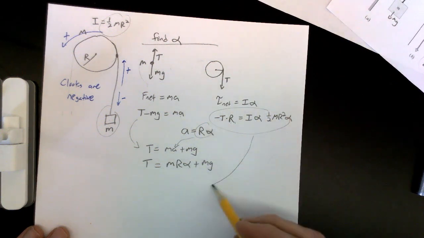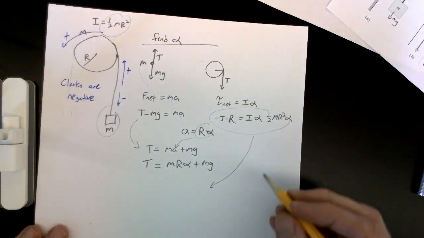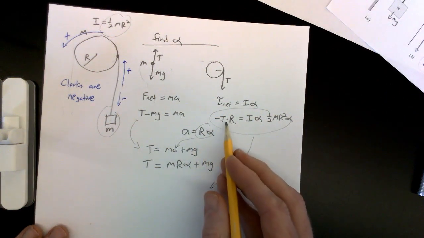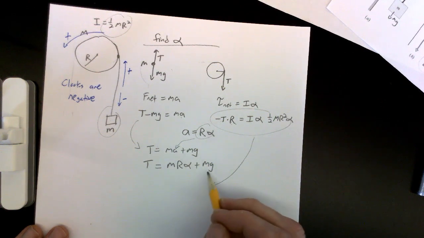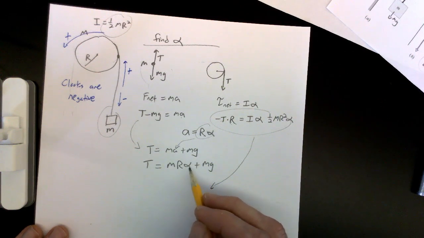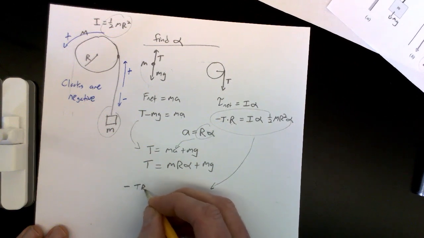So let's bring this equation down here a little bit. And then we can say, so how's this going to go? Minus T times R, so that's this. So I'm going to have R times this whole thing right here. Right? Okay, so that's going to be tricky. So let me just write this down here. Minus T times R equals,